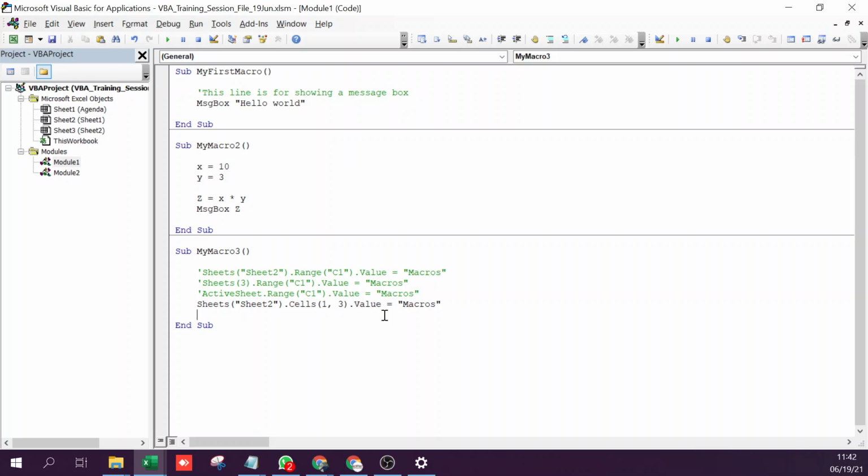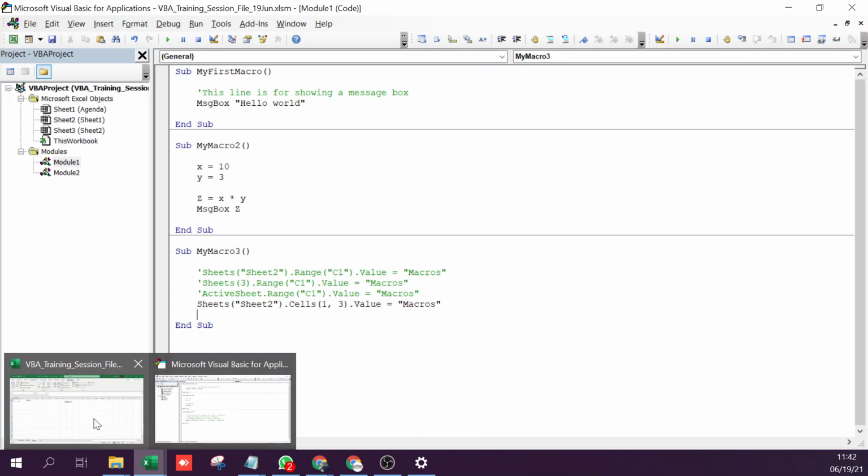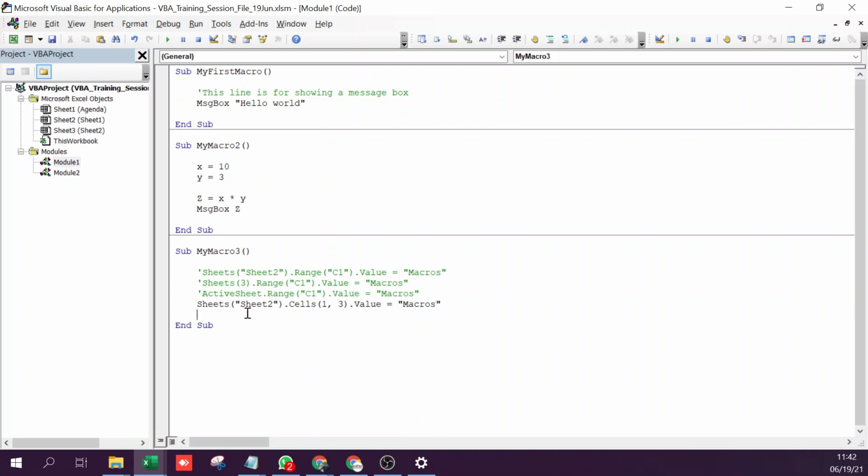Now, just taking one step ahead, if you have say 2 workbooks which are open, you can even from one workbook reference the other workbook's sheet as well. For which, before this, you will write workbooks and the name of the workbook.